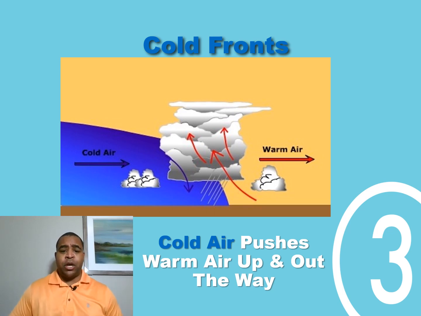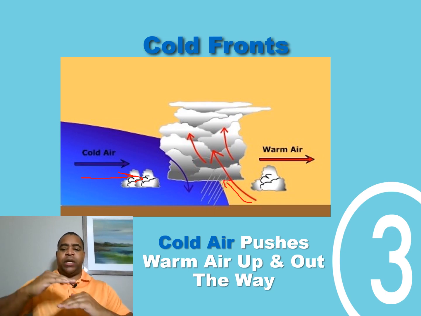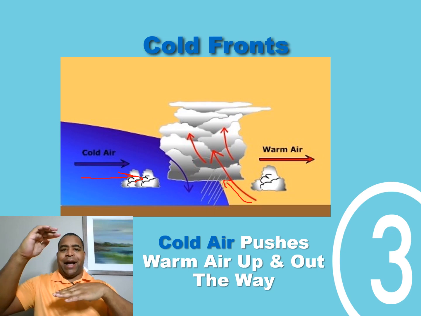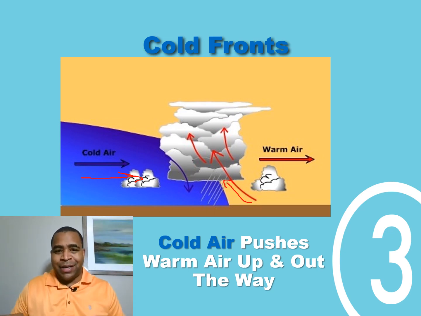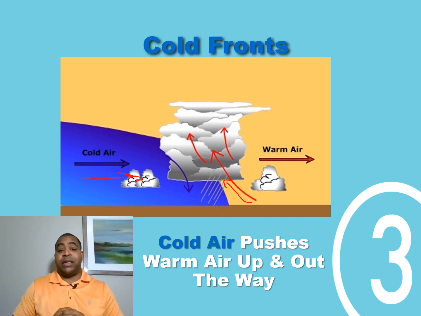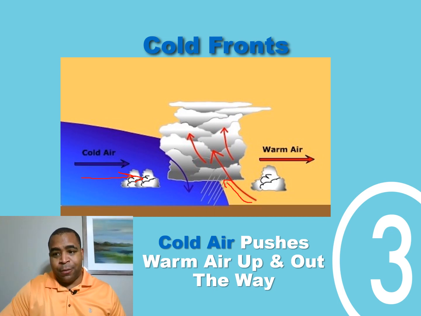So what happens is you have cold air that basically moves into an area. And if the warm air hasn't moved out, it actually will start to push some of the warm air upwards. And that's when you start to get these really tall clouds, these cumulonimbus clouds, and they look really dark and scary. And sometimes you can even experience hail and major thunderstorms with cold fronts. We see this a lot of times during the spring as well as summer months.